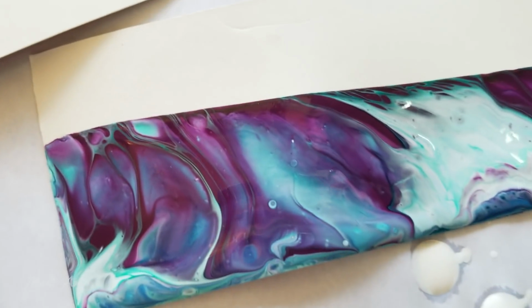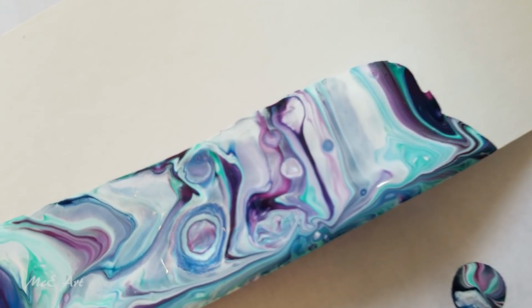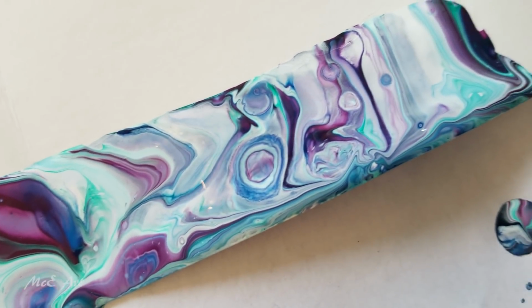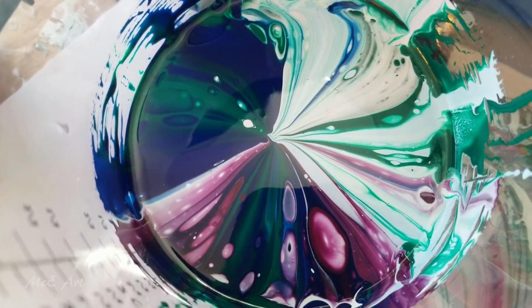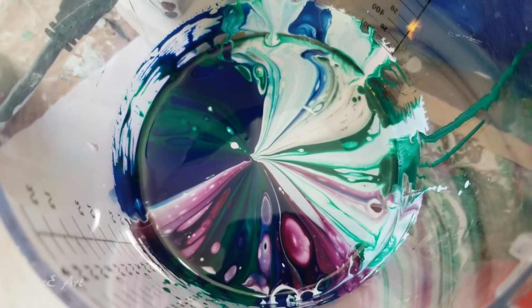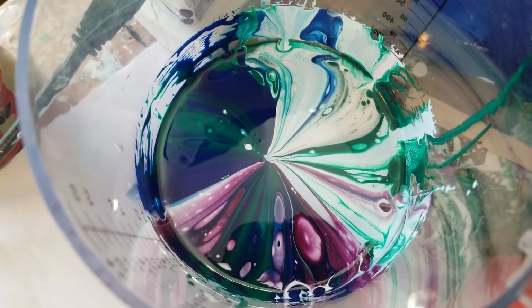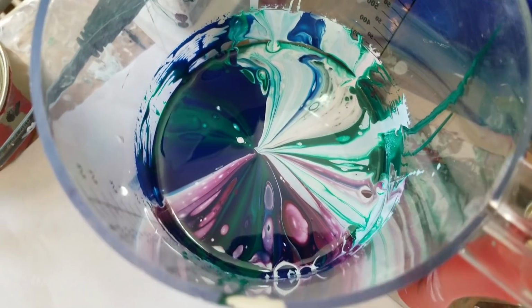So what colours have we got in here? We have got a homemade purple made from phthalo blue and crimson red. Look at this, that is super cool. We have phthalo blue. We have viridian hue, which is green. And there you go, there's a good indication of what colours we have. Then I took each of those three colours and mixed a teensy little amount in with white to give me some off-white bases. But then there's also some,